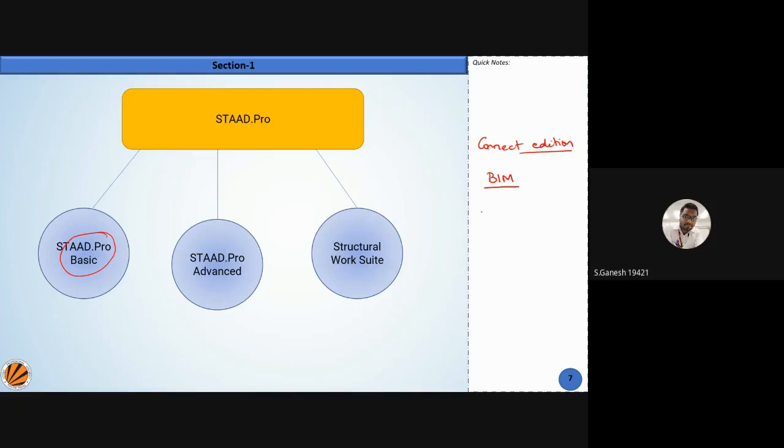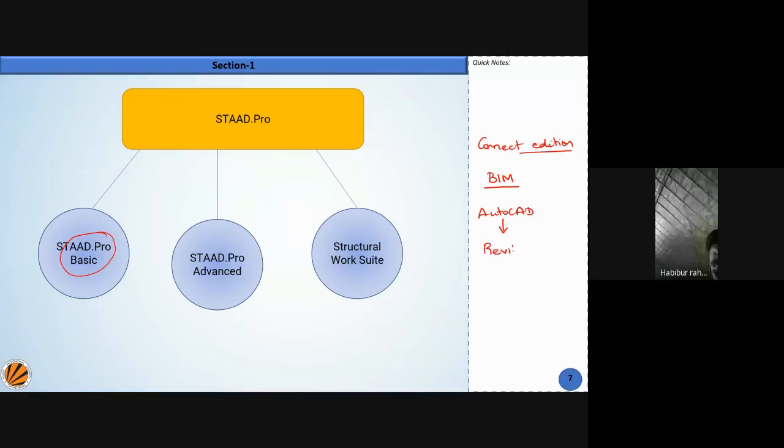Suppose you have an AutoCAD file and you want to completely make it into a Revit model, and then you want to add a certain concept called MEP. You might be aware that MEP stands for mechanical, electrical, and plumbing. When you add these features and everything together, we get a layer.